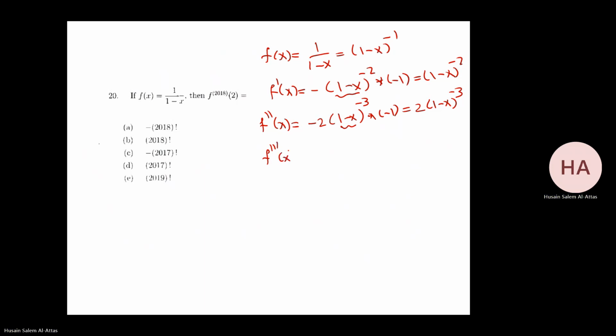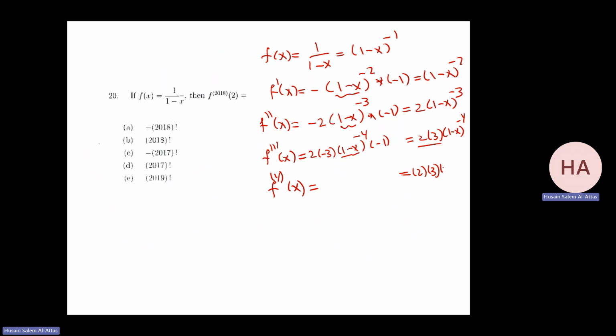Third derivative, if we do the calculation, that will be 2 times minus 3, 1 minus x to the power minus 4. Derivative of this, which is minus 1, will retain it plus. Fourth derivative, just to be sure, that will be 2, 3, 4,